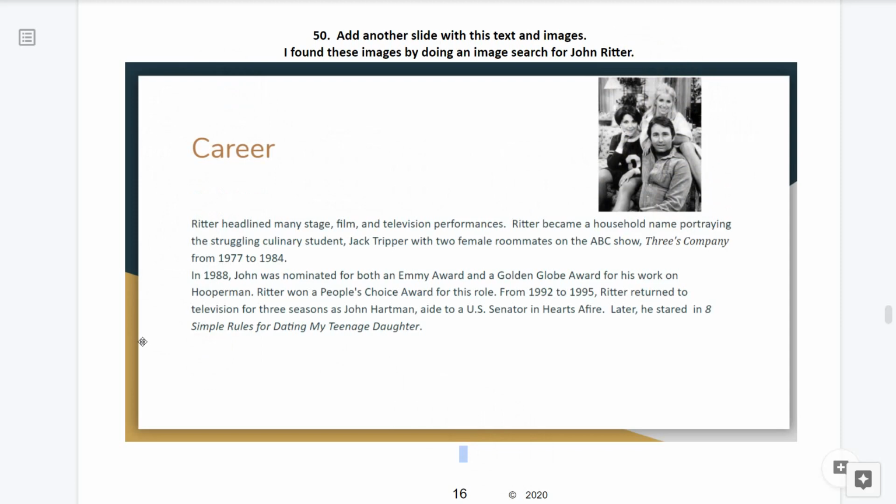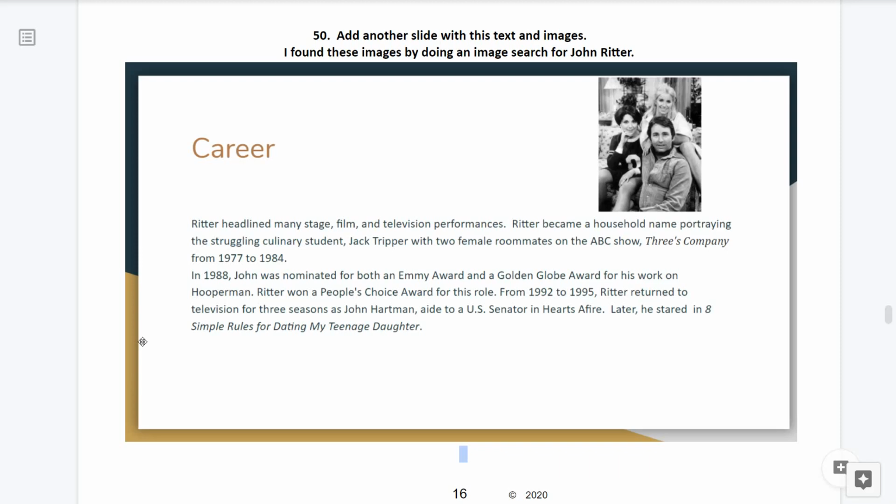Ritter headlined many stage, film, and television performances. Ritter became a household name portraying the struggling culinary student Jack Tripper with two female roommates on the ABC show Three's Company from 1977 to 1984. In 1988, John was nominated for both an Emmy Award and a Golden Globe Award for his work on Hooperman.